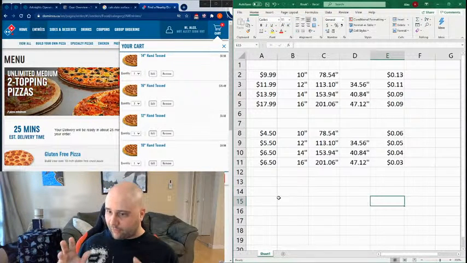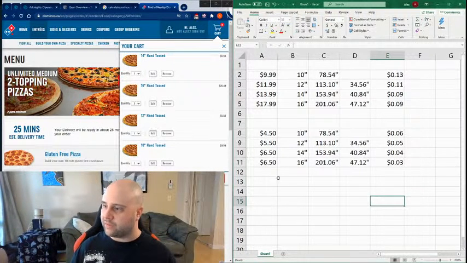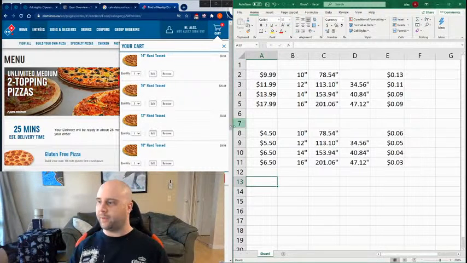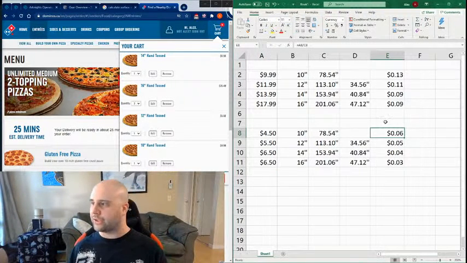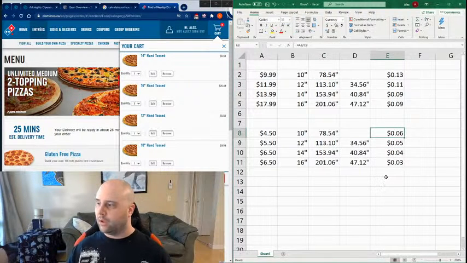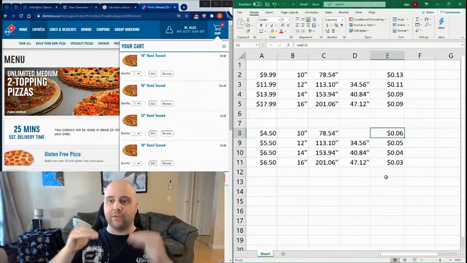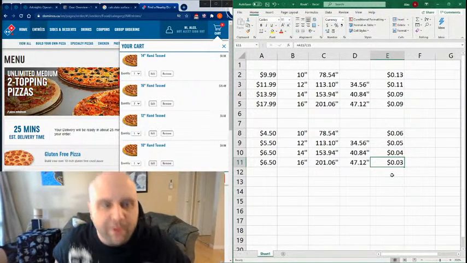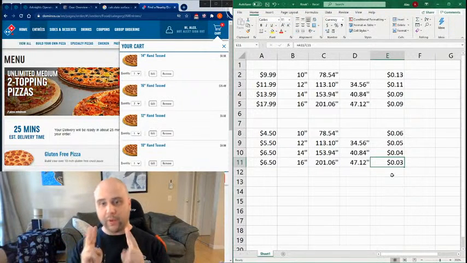All right. So we need to figure out what we're actually paying per square inch, because we're not paying 6 cents per square inch because we have to buy this pizza at this price to get this price, right? So obviously the bigger the pizza, the cheaper it gets. Now, let's go with probably our best case scenario. We're going to go with 2 extra large